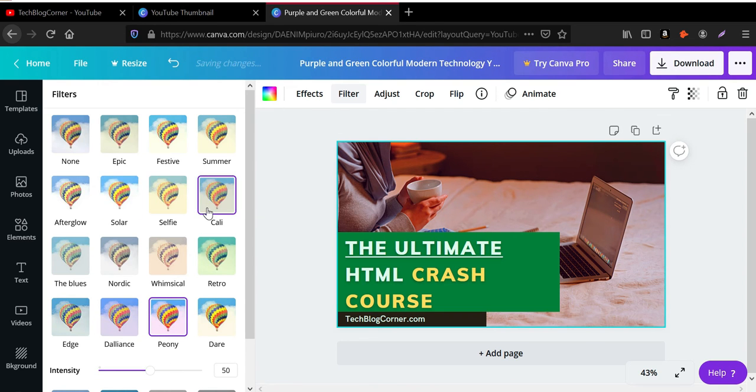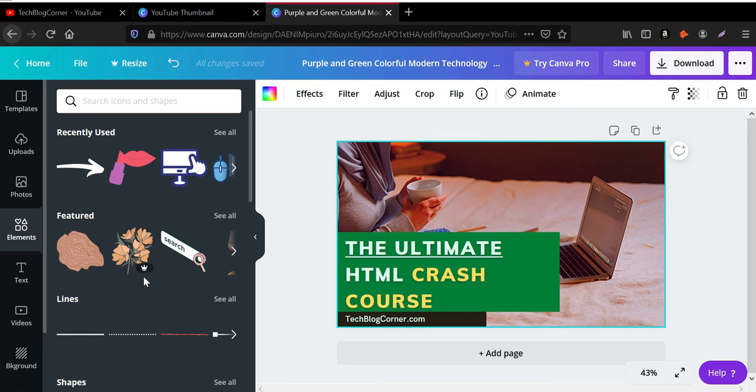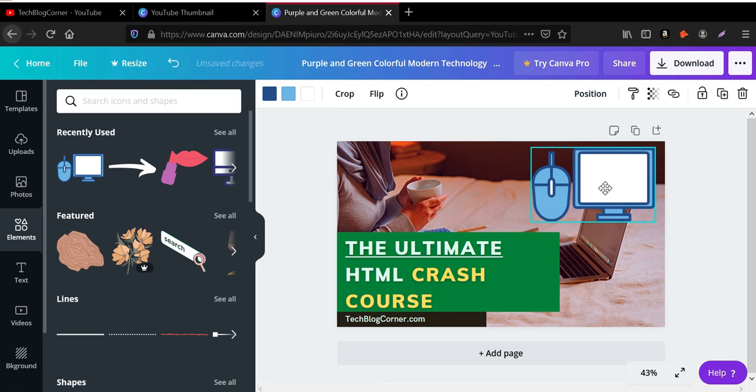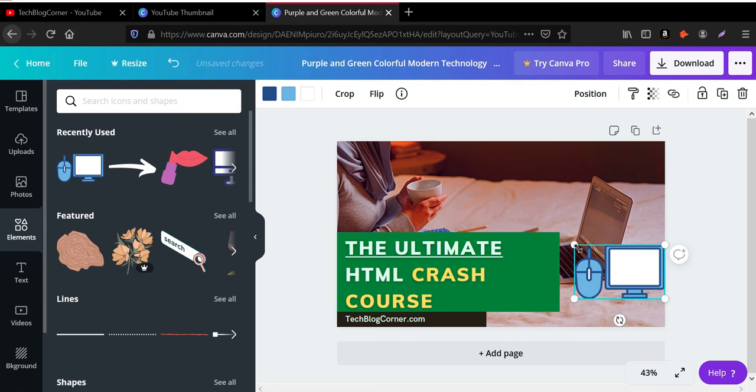And if you want to add some elements, for example arrows, smiley icons, you can use that. The pro icon signifies that it is a premium image you can only use once you have the pro version. I am going to use the free version in this video because I have a free account and it is sufficient for me. And I'm going to use this mouse over icon. Once you click on that icon, it will automatically come into the thumbnail bar, and you can increase and reduce the size.